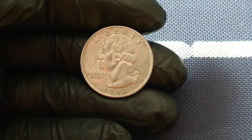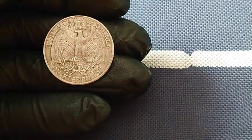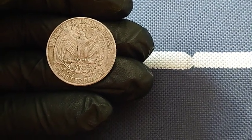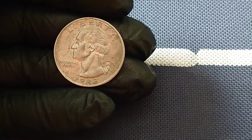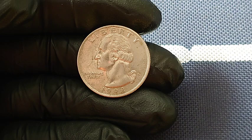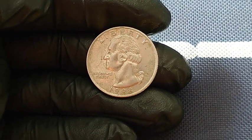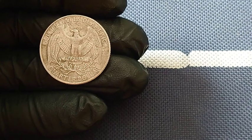make this coin the crown jewel of American currency mistakes, beginning with a double die obverse that dramatically affects the clarity and duplication of key elements like the word liberty, the phrase "In God We Trust," and the mint year 1998, all of which appear noticeably double to the naked eye, creating a ghost-like shadow effect that distinguishes it instantly from standard strikes. And this doubling, an error that occurs when the die strikes the planchet twice slightly out of alignment, is just the beginning of what makes this coin so staggeringly rare and valuable, as further examination reveals a